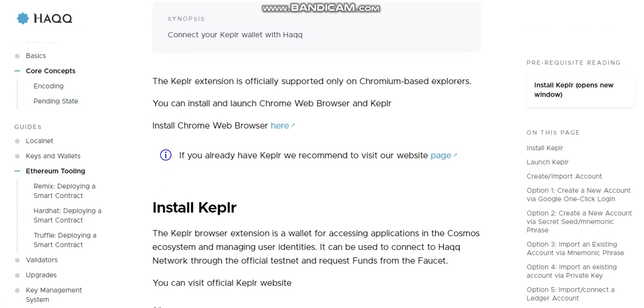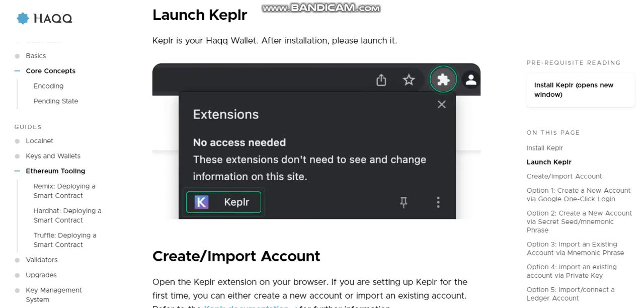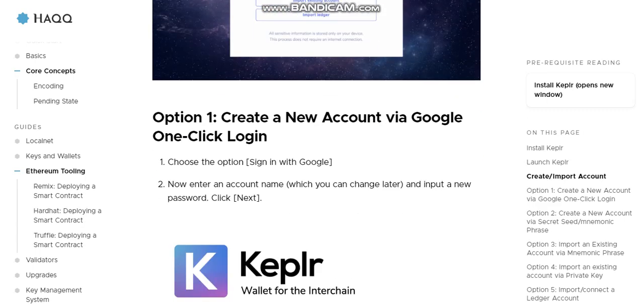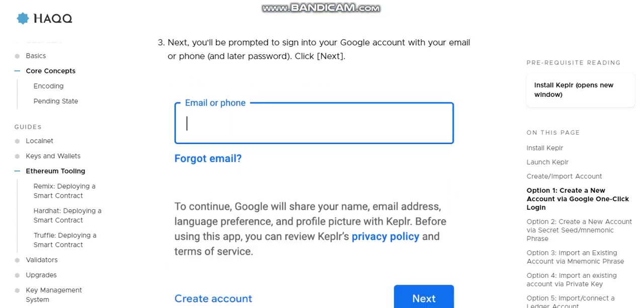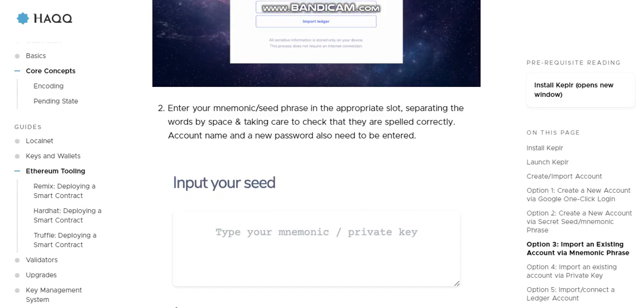The EVM module, aka X/EVM, packaged inside Haqq can be used separately as its standalone module, which can be added as a dependency to any Cosmos chain, enabling smart contract support. Importing the EVM module can also